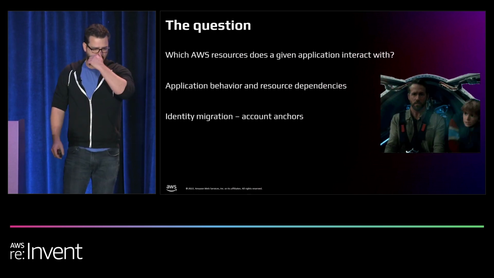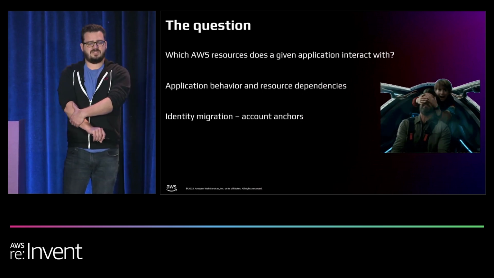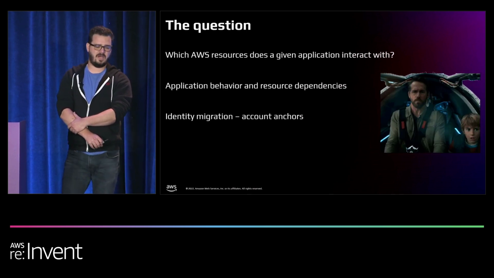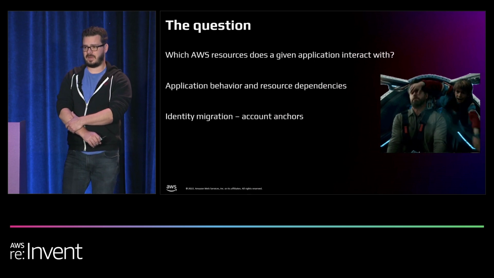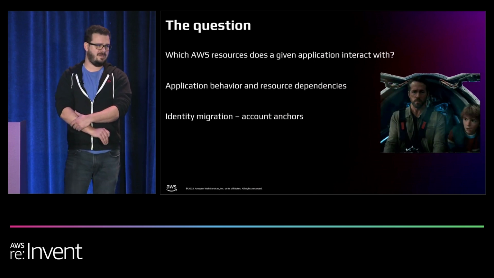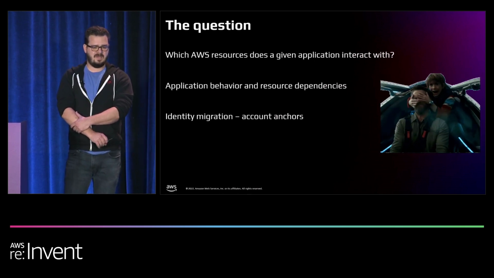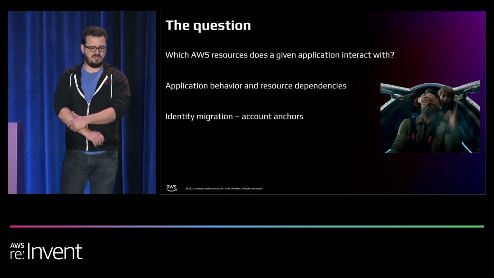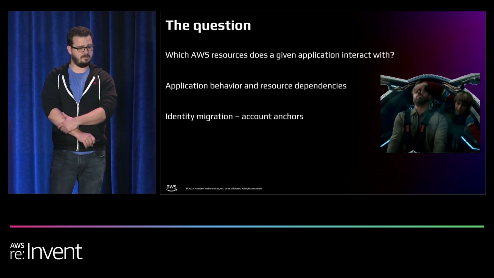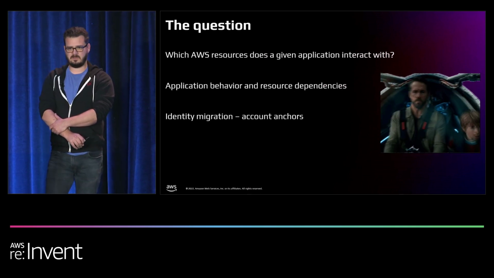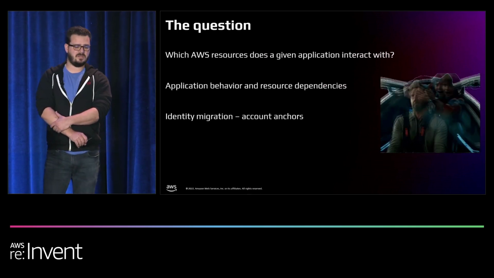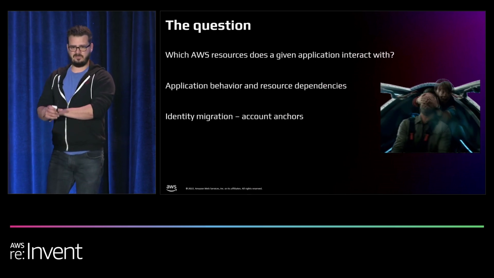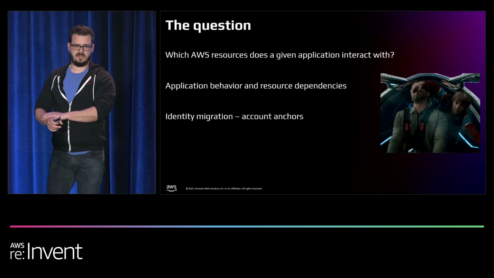More specifically, some Netflix context. Some of our AWS accounts at Netflix are behemoths, highly multi-tenant, hosting thousands of different applications from hundreds of different teams, with a pretty significant base set of permissions. To better manage our IAM blast zones and address some of the single account scaling issues that we were running into, we're exploring migrating application identities out of the account where their compute and resources reside into a different account